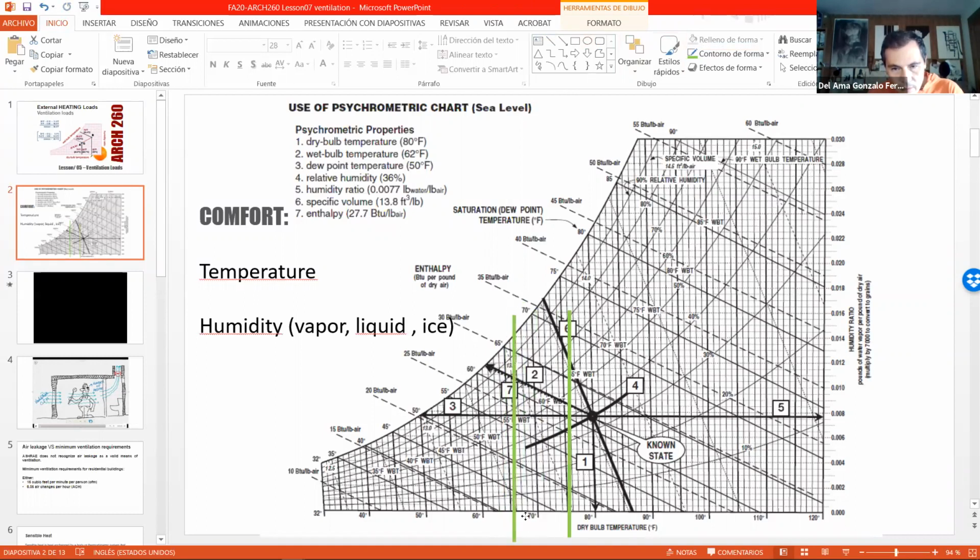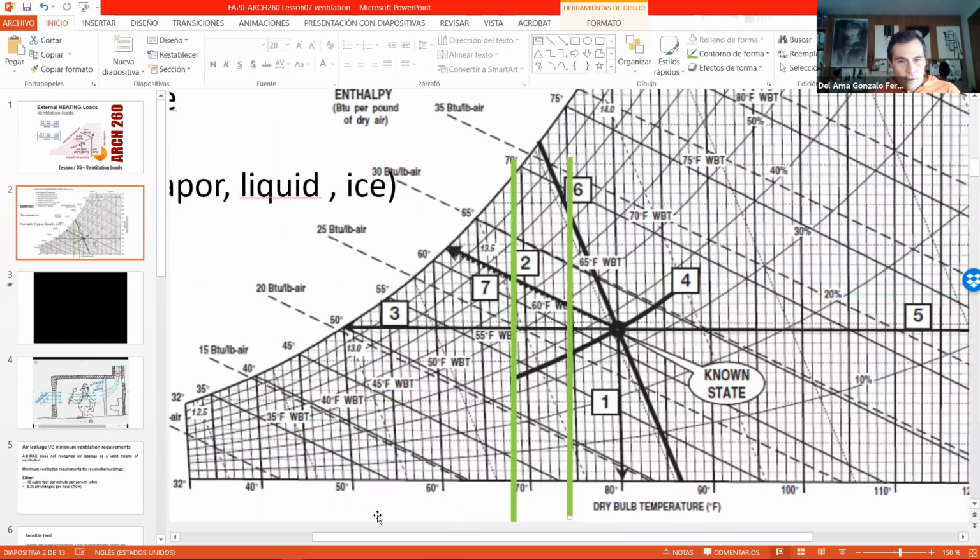No, sorry, this is 65, this is 70, so 68 is here. So between 68 and 74, it's comfort. Okay, so here you see that maybe it's too small. Okay, there you go. So this is 40, 50, 60, 70. So this line is about 68 Fahrenheit. This line is 74. So within these two lines, we are comfortable when it comes to